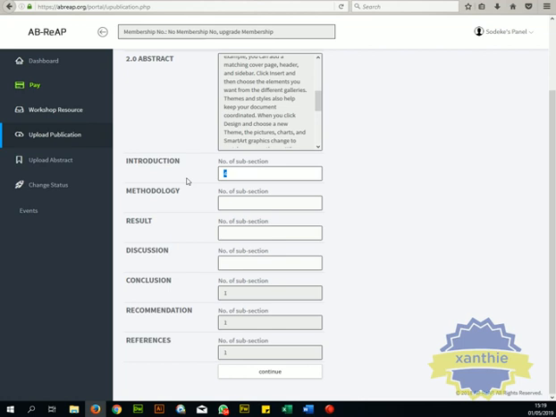With this hypothetical data I'm trying to enter now, the paper I'm trying to process now, I'm going to say I have 2 subsections under my introduction. Say under my methodology I have 3 subsections, and my result I have just result. I don't have a subsection, so I leave it at 1. Discussion, I don't have a subsection, I leave it at 1. Of course, all this has been entered,